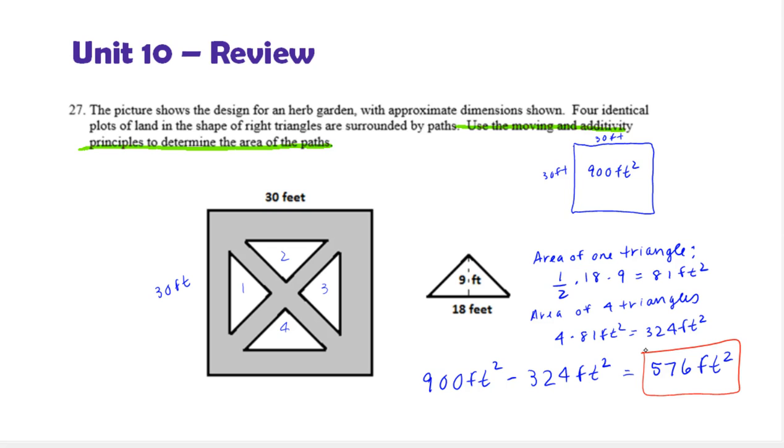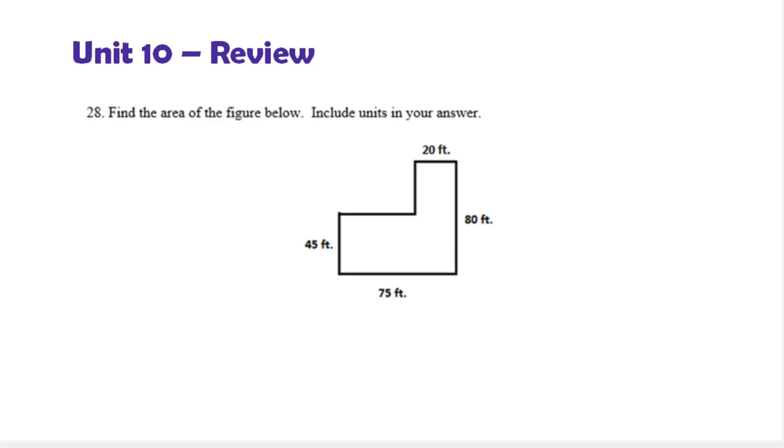Let's look at the next one. Number 28, find the area of the figure below and include units in your answer. Okay. Again, there's not a formula for this shape. Okay. So there's a few ways that we could find this area. I am going to cut this right here straight down, and notice now it's in 2 rectangles. Okay, I'm going to label them 1 and 2. Okay, so now rectangle 2,